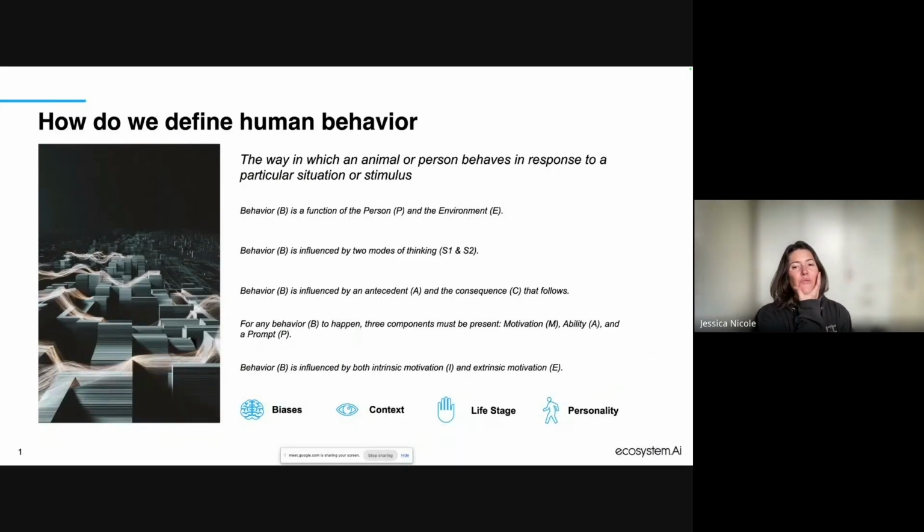The way that I like to do all of these talks is I like to start with a definition. I like to give everybody just a view of exactly what it is that we're talking about with regards to humans. And in this case, it's trying to figure out how we define behavior, specifically human behavior. Now, behavior in a dictionary context is defined as the way in which one behaves in response to a situation or a stimulus.